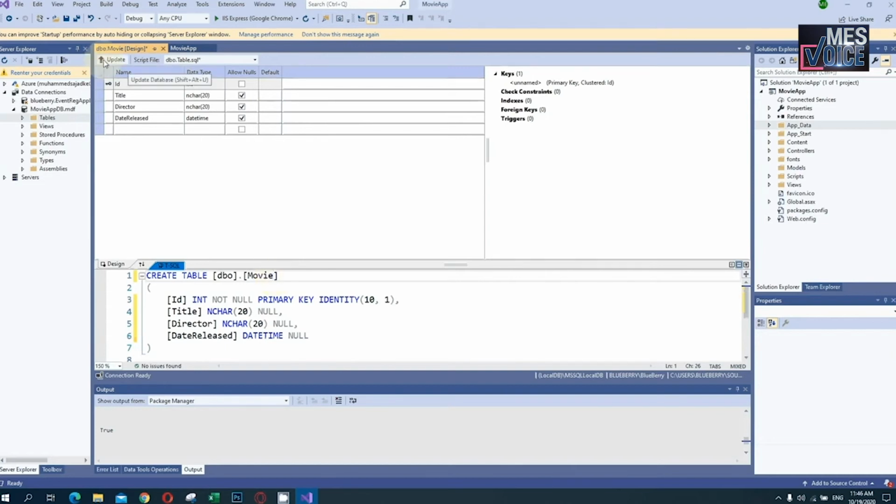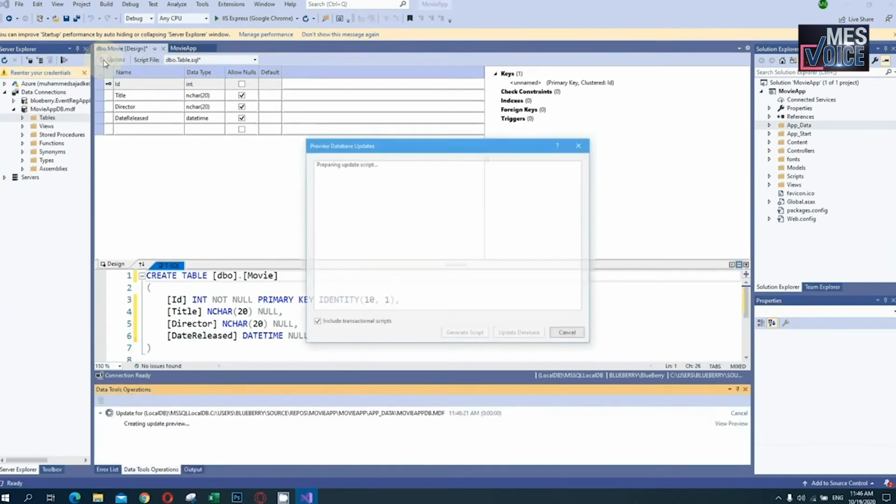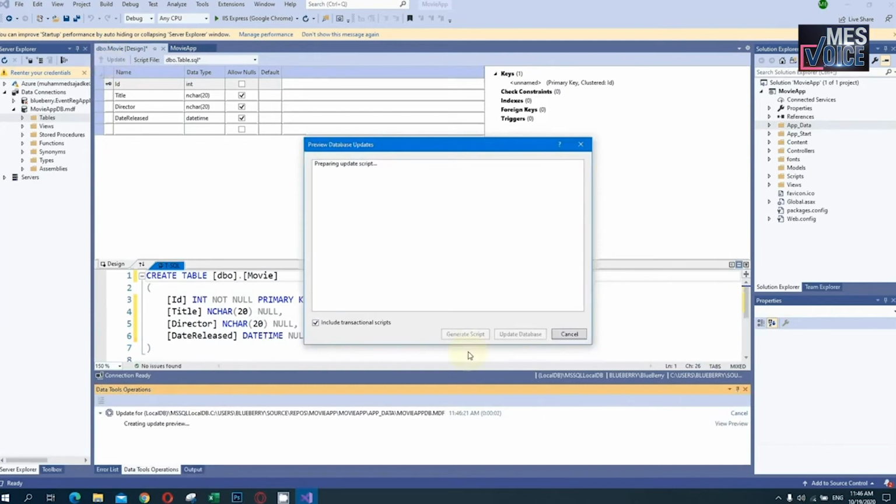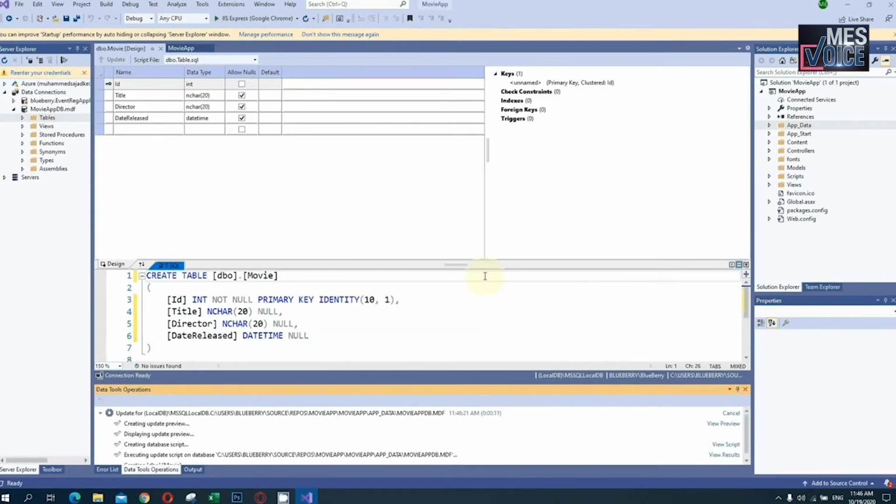Then I will click on Update. It will prepare some update script, and after that it will be updated. Click on Update Database. The database will be updated and the completed icon is displayed over here.